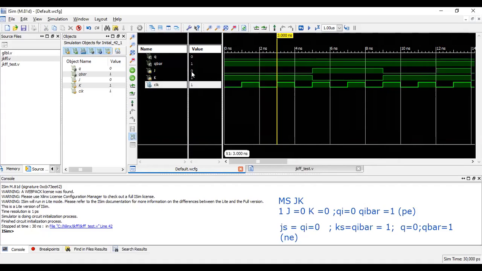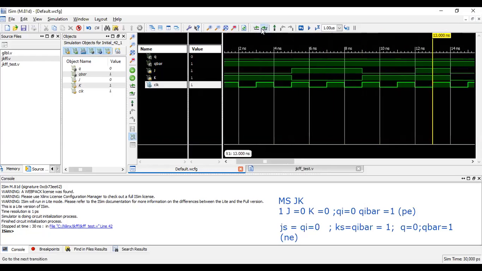Here I have J is equal to 0, K is equal to 1. Based on J is equal to 0, K is equal to 1, Qi and Qi bar results will be available. During the next negative edge, based on whatever your Qi and Qi bar inputs are, J and K of the slave will be evaluated and you'll get the corresponding results. So this is working in the same form, and it has to be analyzed in this format, MSJK.